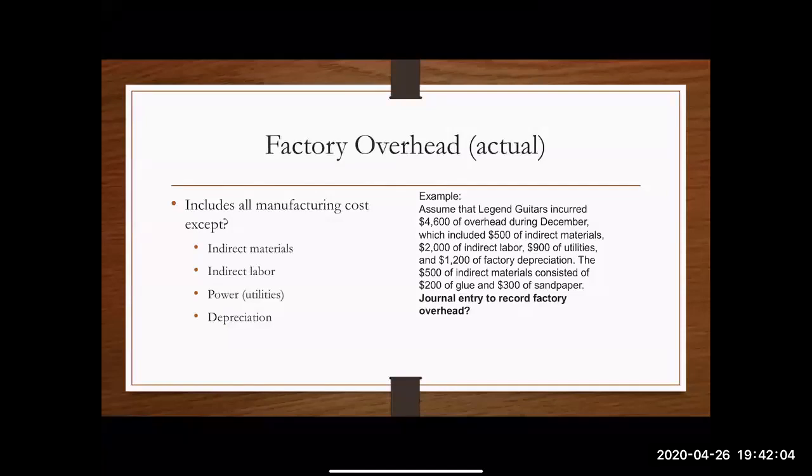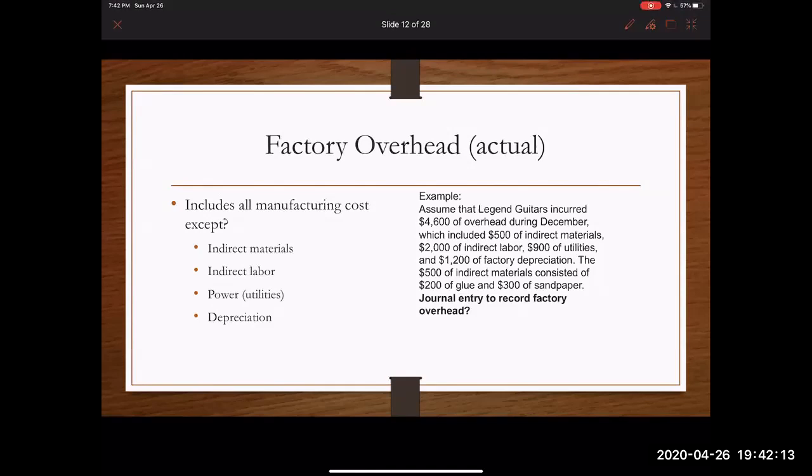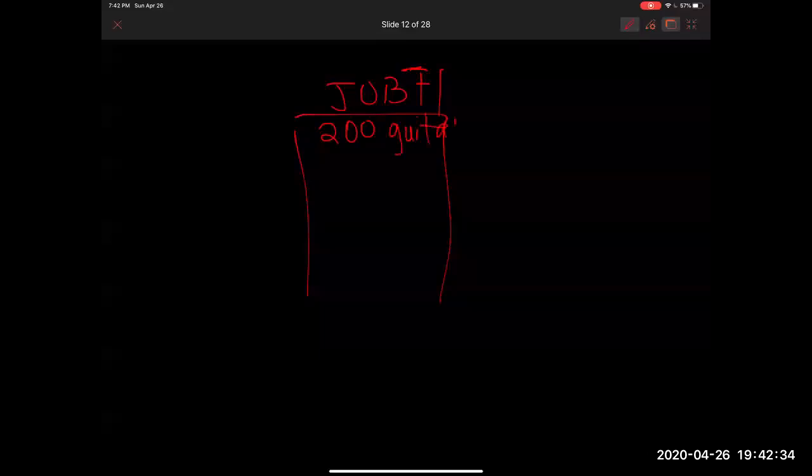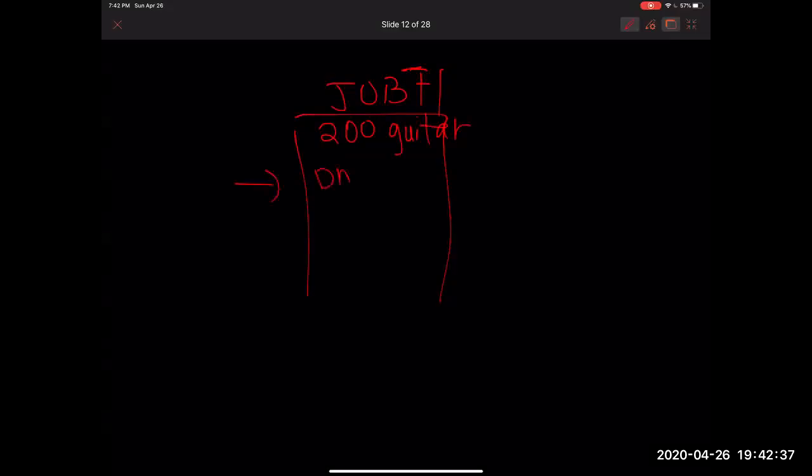All right, guys, so here we are now diving into factory overhead. Before we do so, I just want to take a quick look at what we've done so far. Remember, we're looking at this particular job, maybe job number 71. In order for us to make these 200 yellow guitars, we need some direct materials, some direct labor, and last but not least, some factory overhead. That's what we're going to talk about now, because we've already accomplished these and what those